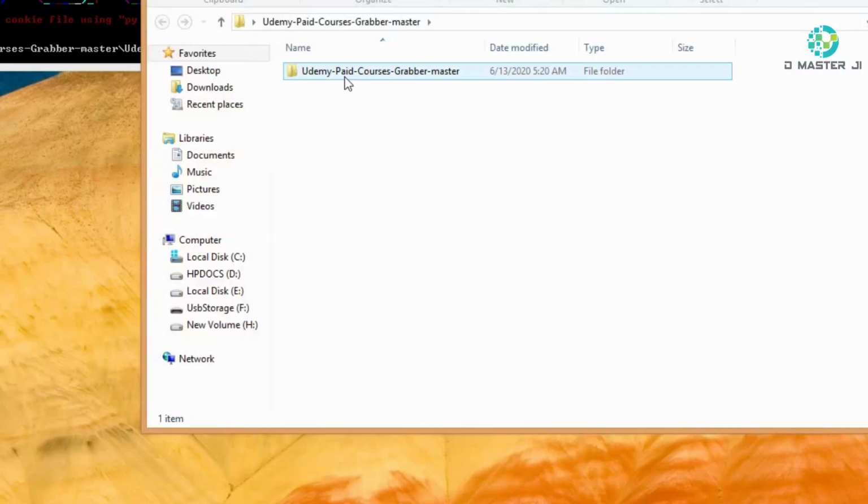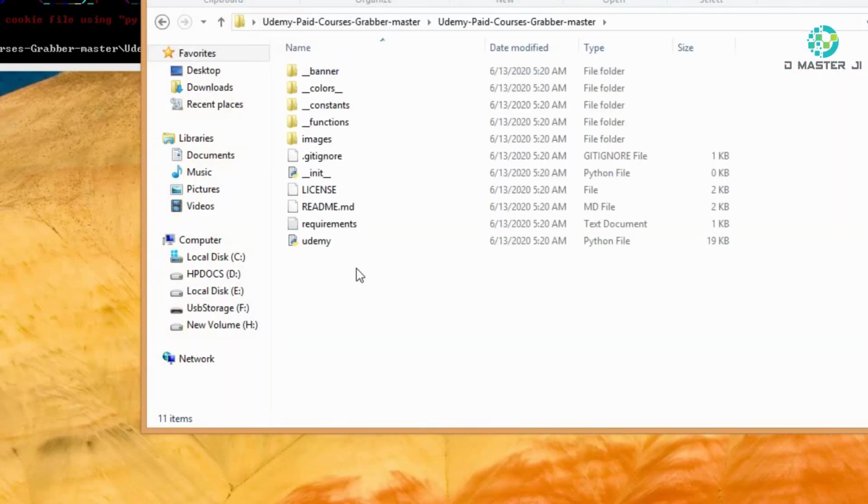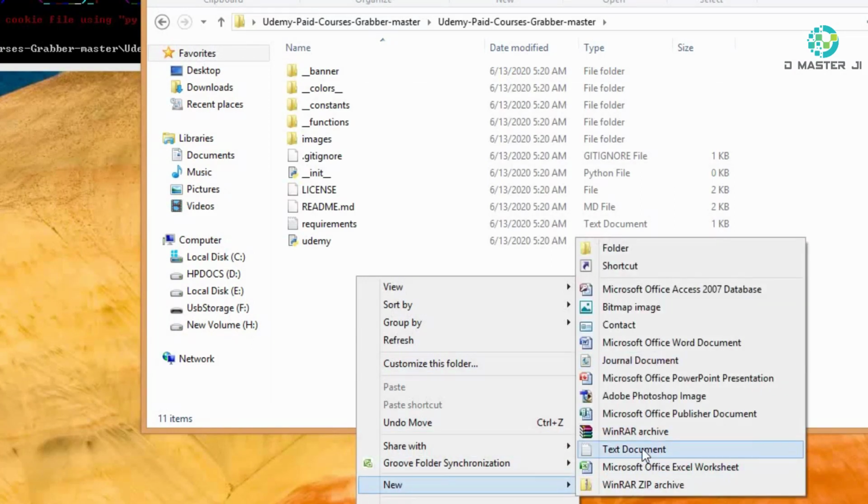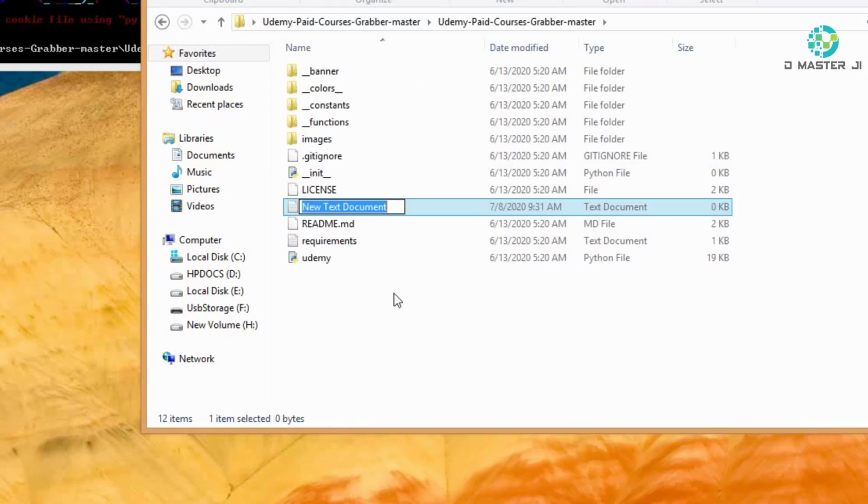So go back to the folder you have downloaded from my video link and make a file named cookie.txt. Here I am making the same file, cookie.txt.